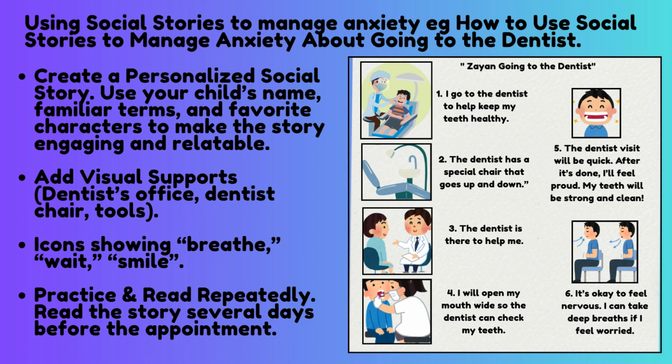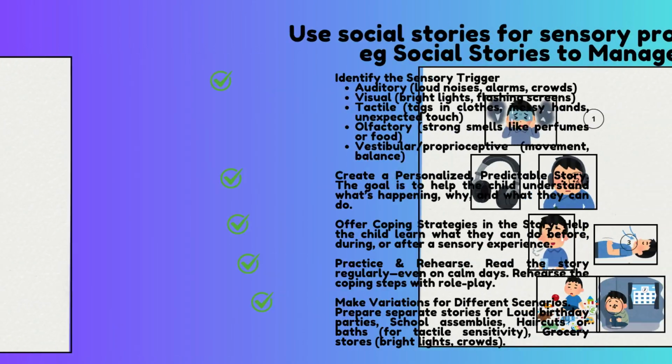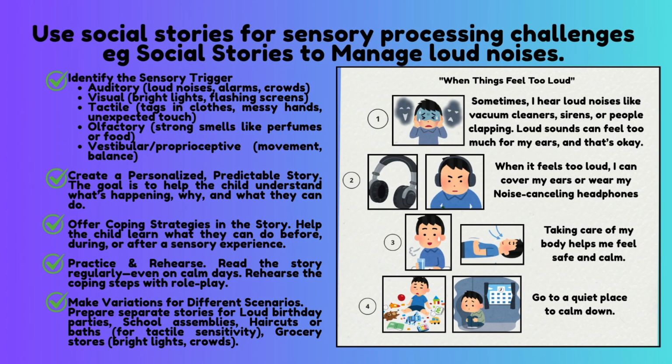So our sources also talk about using social stories for sensory processing challenges, which seems particularly important for kids with autism. Absolutely. Many autistic children experience sensory sensitivities. Right. So, for example, a child who's sensitive to loud noises might benefit from a social story about going to a birthday party. We could prepare them for the sounds they might encounter, like music and laughter and popping balloons. And give them some coping strategies. Exactly. The story might suggest taking breaks in a quieter room or wearing noise-canceling headphones. It's about empowering the child to manage their sensory experience and participate.